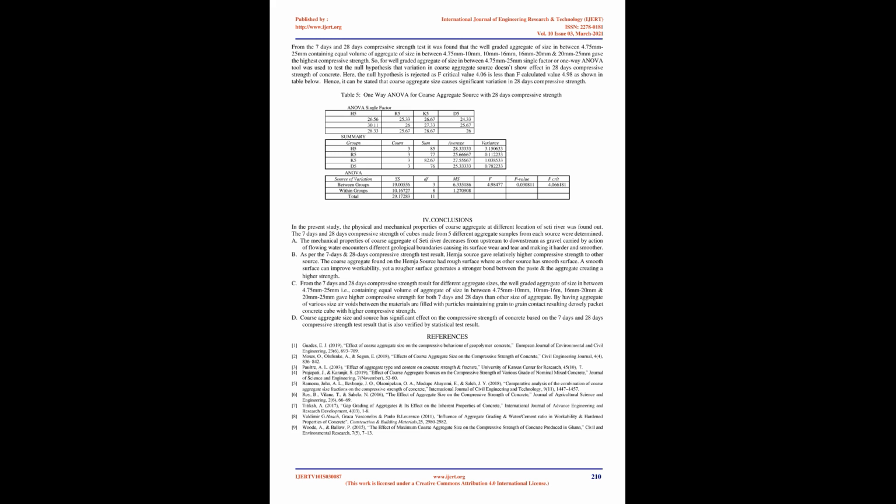So, for well-graded aggregate of size between 4.75 mm-25 mm, a single factor or one-way ANOVA tool was used to test the null hypothesis that variation in coarse aggregate source doesn't show effect in 28 days compressive strength of concrete. Here, the null hypothesis is rejected as the F critical value 4.06 is less than the F calculated value 4.98, as shown in the table below. Hence, it can be stated that coarse aggregate size causes significant variation in 28 days compressive